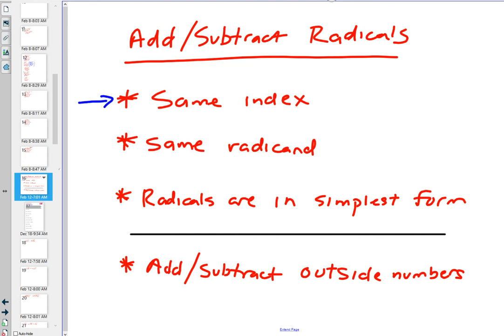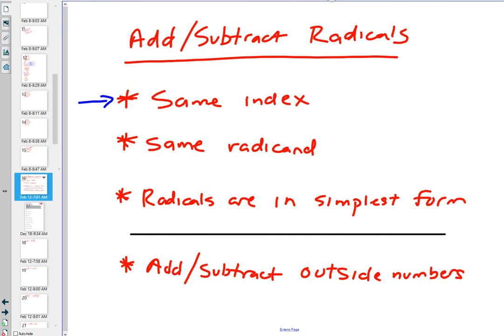Still have to have the same index, just like with multiplying and dividing. The difference would be though that if the indexes are not the same, there's no way to make a match. Even though I didn't show you how to make the indexes match for multiplication and division, there does exist a way with multiplication and division, not so with adding and subtracting. And you're going to see, in many ways,